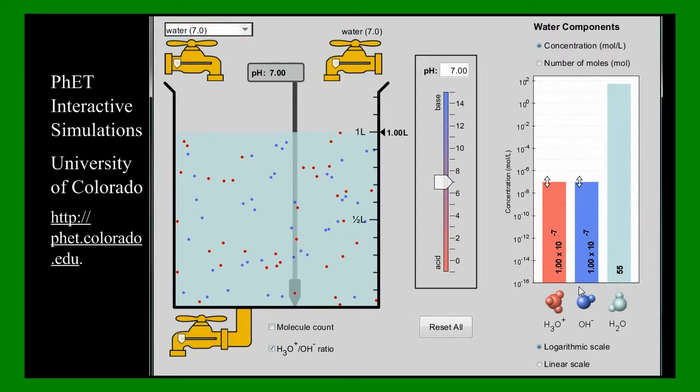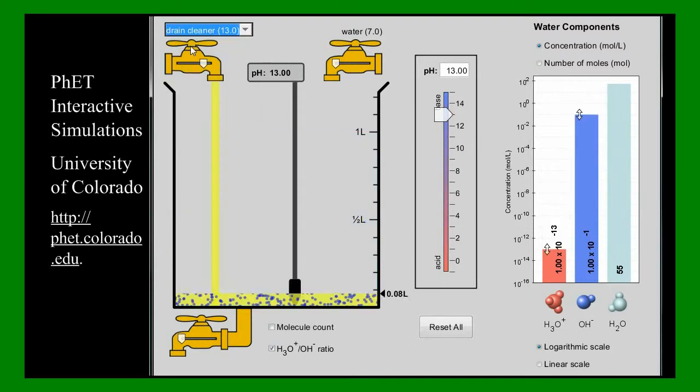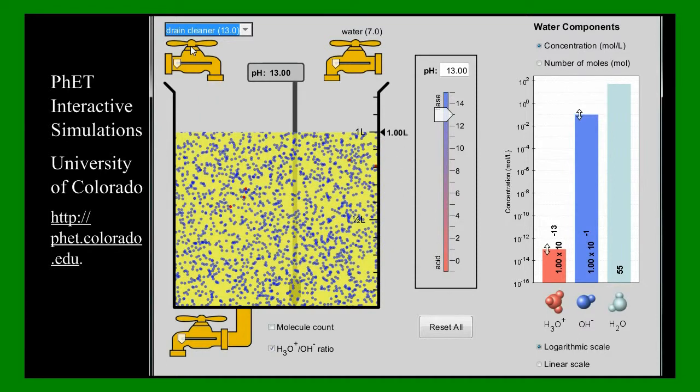Now, if we were to go somewhere on the pH scale that was basic, let's look at drain cleaner. The stuff that you put down your drains to clean all that rotten hair that's in there. What do you notice? Another extreme example here, but you should make an observation. The pH is 13. A high pH represents a base. A low pH represents an acid. This is pH 13. It's higher than 7, which means the number of hydroxide ions is a lot higher than